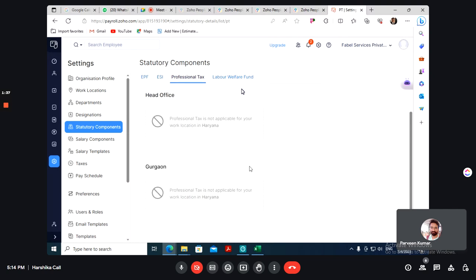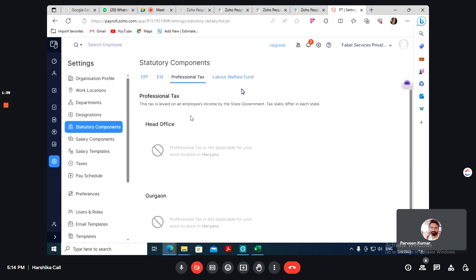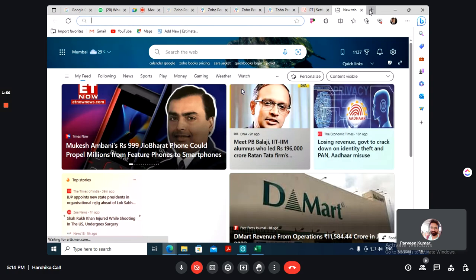It's not applicable in Haryana, so they're not showing it to me right now. But in Maharashtra, I'll just show how the salary slip will look like. Wait. And can we customize this according to our need? Yes, you can. So I'll show you my organization's salary slip